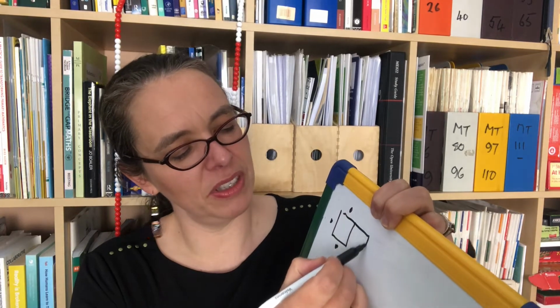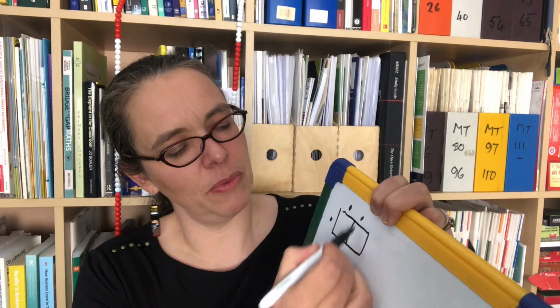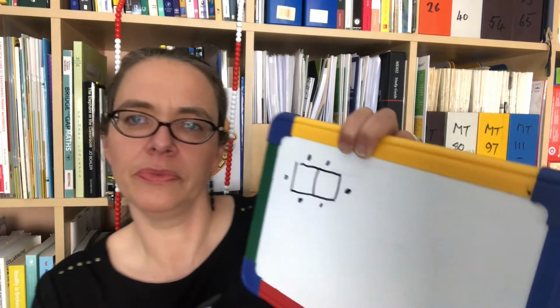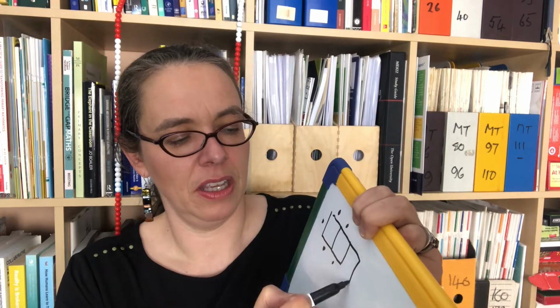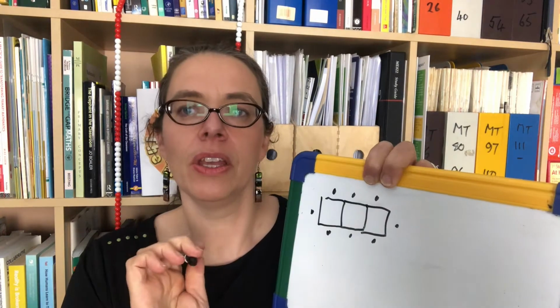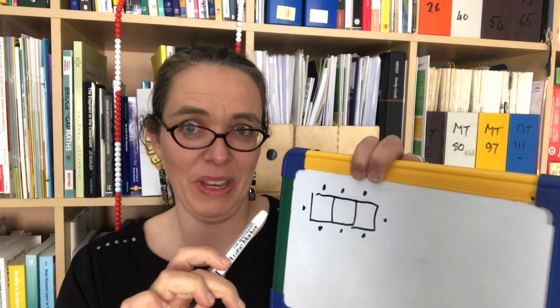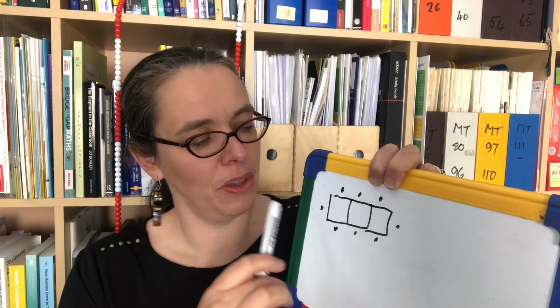But you could adjust this. If you had to put the tables side by side, so when you had 2 tables, you'd get 6 people. And when you had 3 tables, there'd be 8 people. It's really interesting to explore the formula for the number of people you can have when there are different numbers